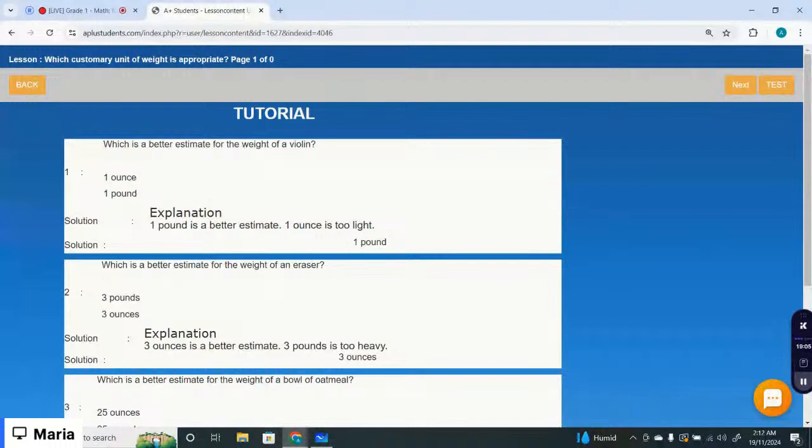Which is a better estimate for the weight of a razor? 3 pounds, 3 ounces. That is 3 ounces because that's just a razor, right? Let's just start with the test questions. Let's see how do we